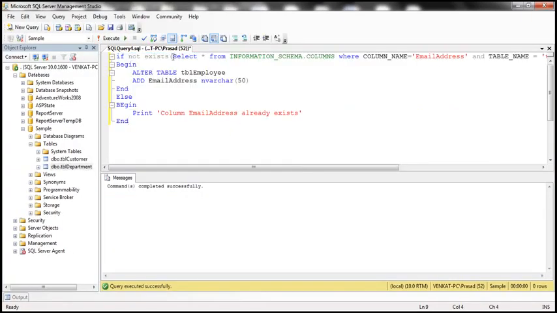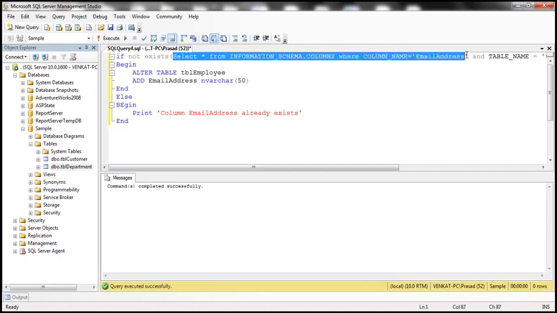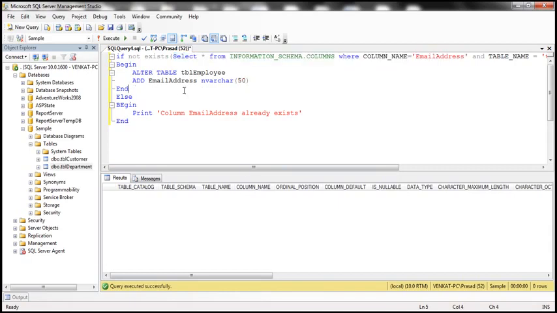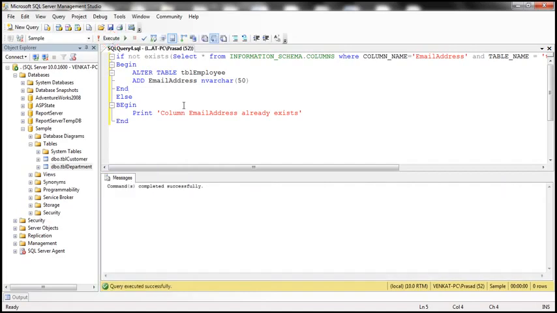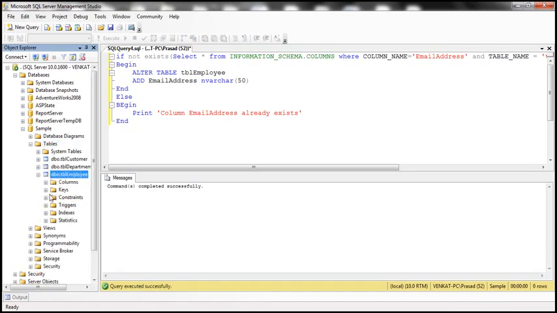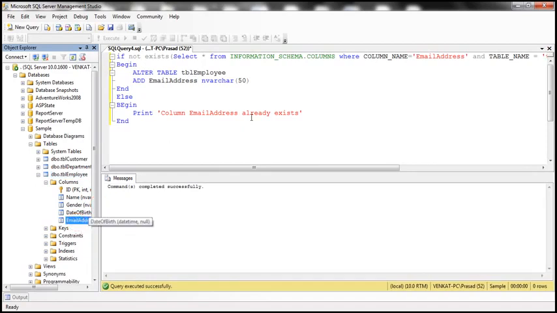So when I execute this, SELECT * FROM INFORMATION_SCHEMA.COLUMNS where COLUMN_NAME is equal to EmailAddress. When we execute this, we didn't get anything. Why? Because we don't have that column there. So let me actually execute this query. It's going to add that column to our table tblEmployee. If we expand that, we should have the EmailAddress column right there. So now when we execute this,